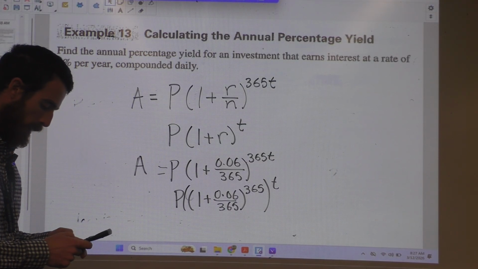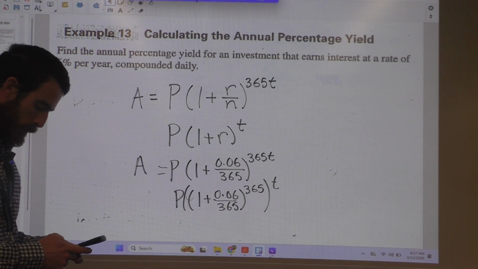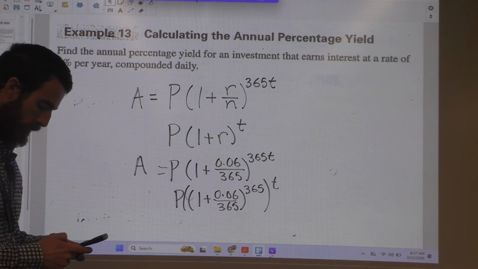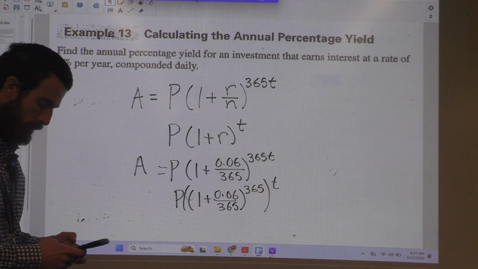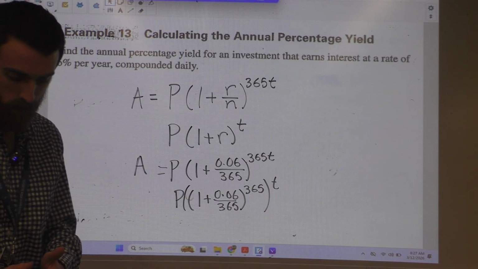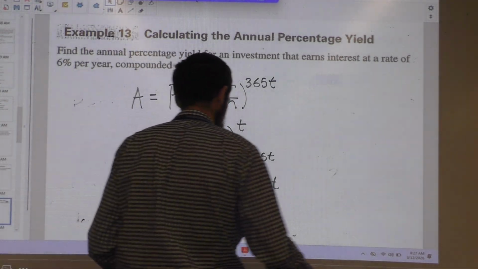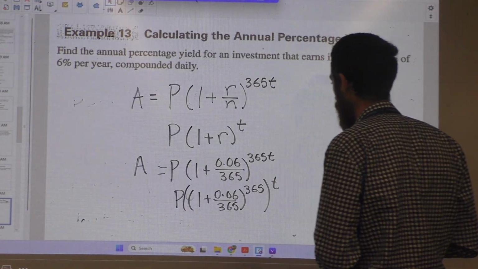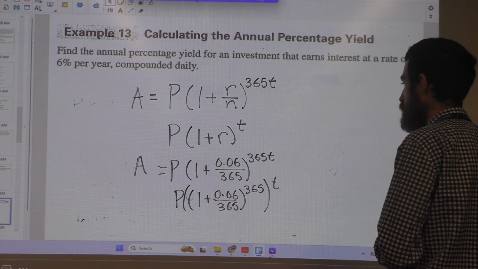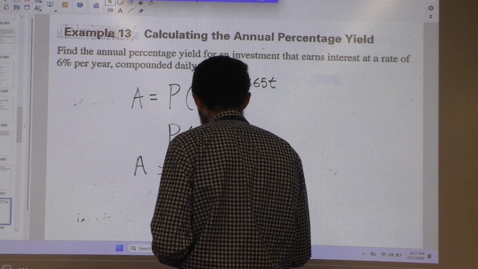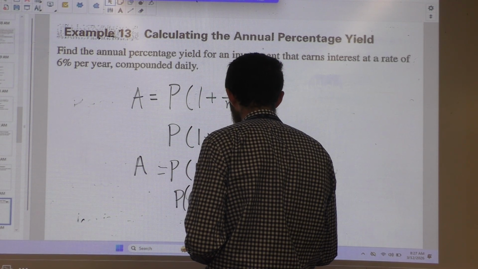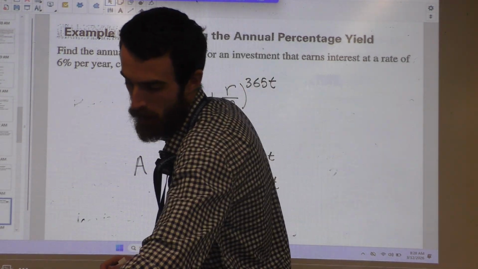So I will do that. 1 plus 0.06 divided by 365, all raised to the 365th power. Yeah, that looks good. That is 1.0618